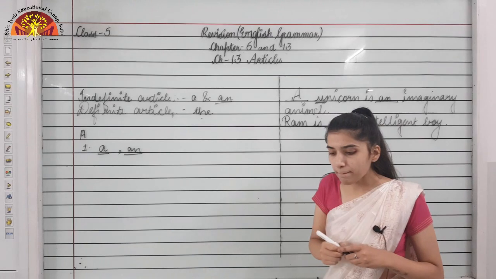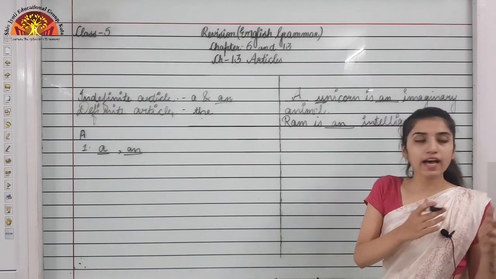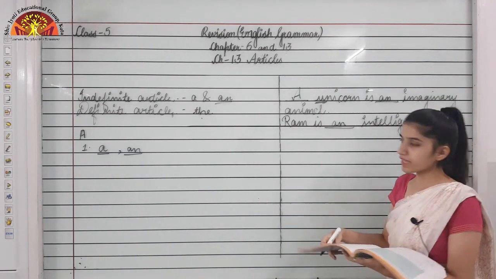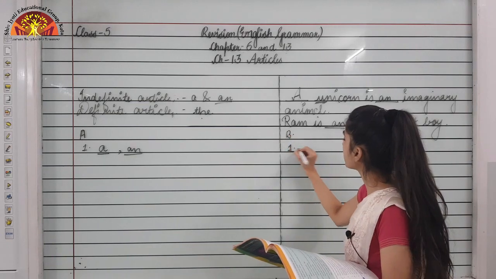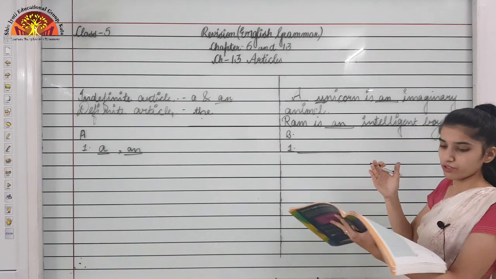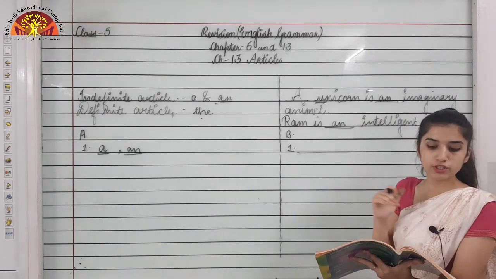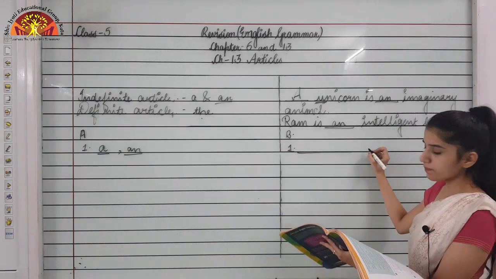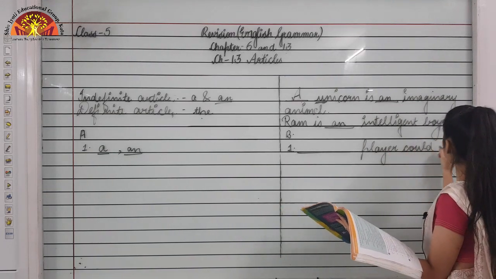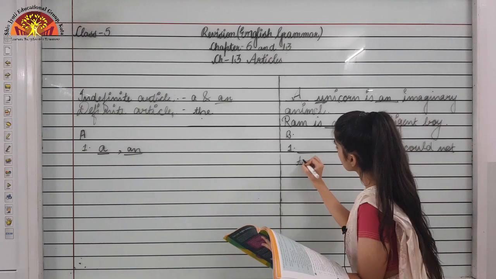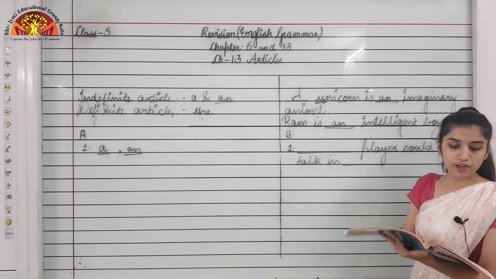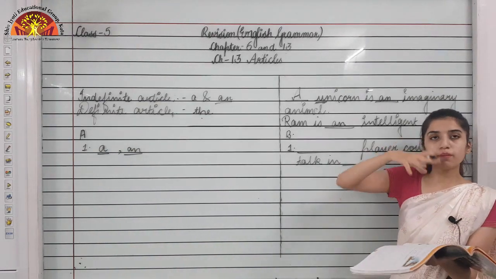Now seeing some more examples, that is we are referring to the examples of your book only, exercise number B, you can find it, okay. So exercise B, first one, that is dash Spanish player could not talk in dash English, and we are given the two options, that is the Spanish or Spanish, and the English or English. Okay, so what will come?